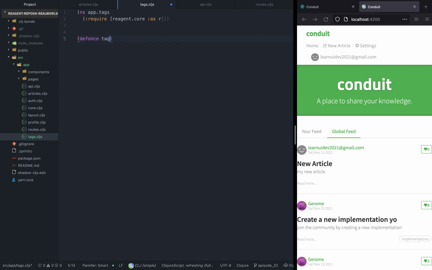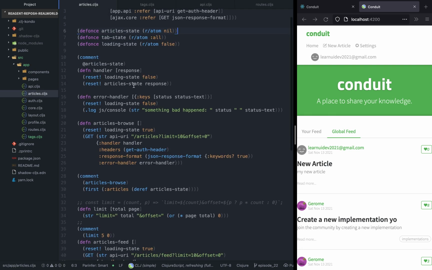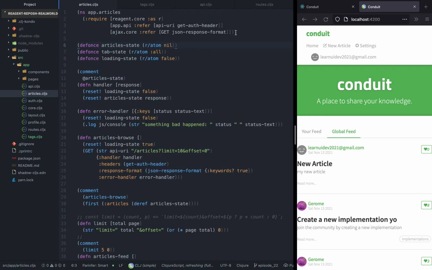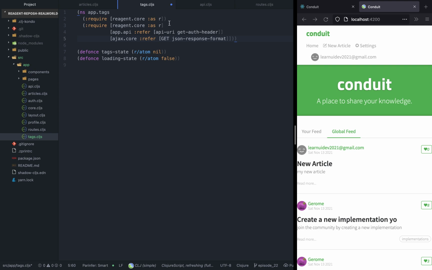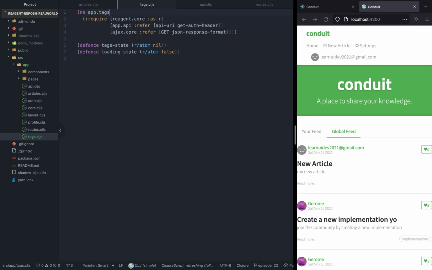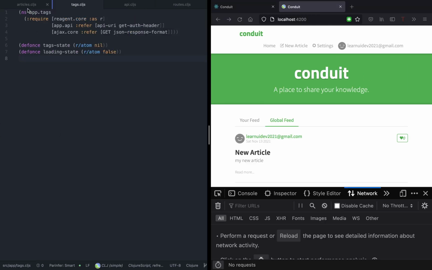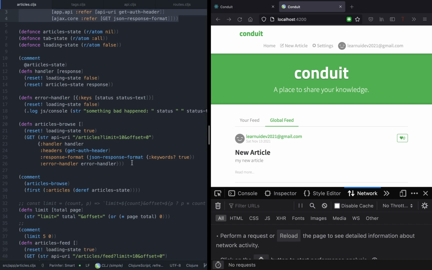And let's declare the tag state. This is going to be a reagent atom, and the initial state is just going to be nil, as well as we're going to declare the loading state, because as you will see later on, we need to capture the loading state as well. We're also going to copy all the dependencies from articles, because we're going to make the get request, and as well as we're going to copy the articles browse function in line number 20, because the